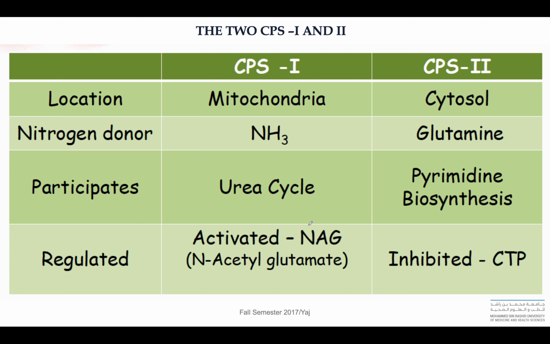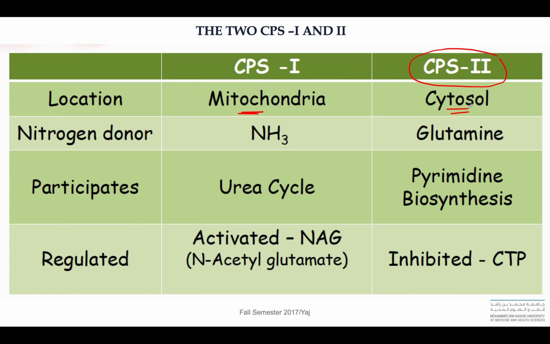Now in our body there are 2 types of carbamoyl phosphate synthetase: carbamoyl phosphate synthetase 1 and carbamoyl phosphate synthetase 2. In our course, we have carbamoyl phosphate synthetase 1 because it is the enzyme that is involved in the urea cycle. Carbamoyl phosphate synthetase 1 is located in the mitochondria. The other, carbamoyl phosphate synthetase 2, is located in the cytosol, and this particular enzyme has nothing to do with